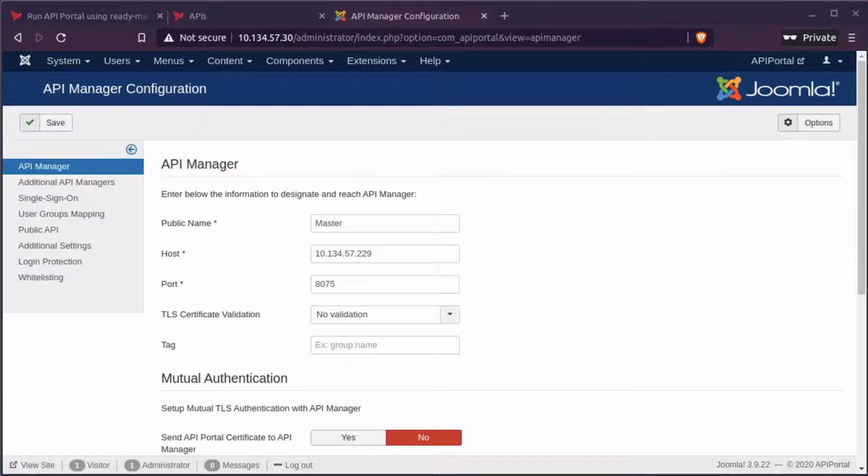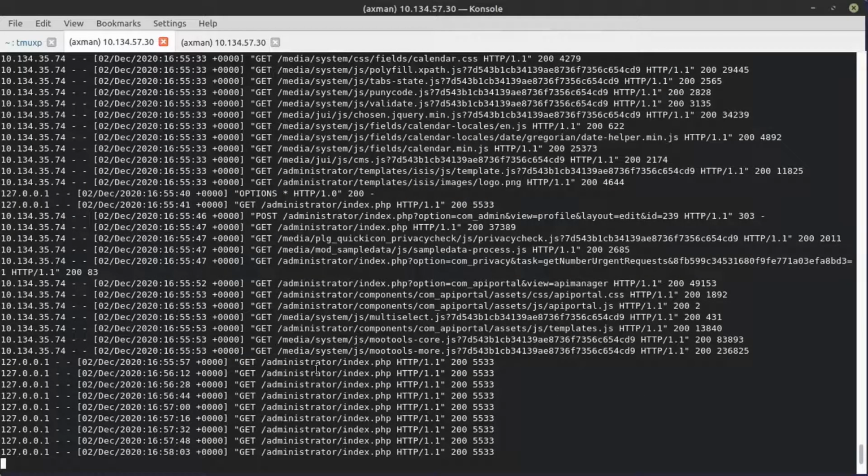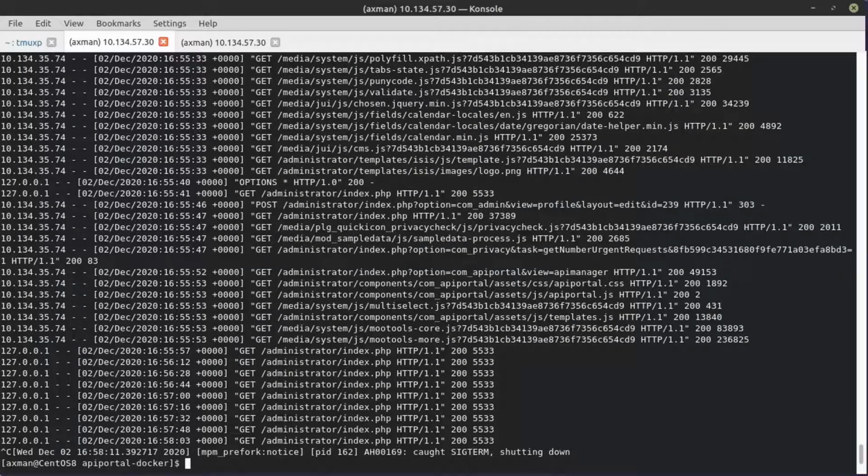Now I want to show you how to set up a secure connection to the API portal. Currently we are accessing the API portal via plain HTTP, which is not very good from a security point of view. As an alternative, we can use SSL. In order to do that, I'll stop the currently running container, and